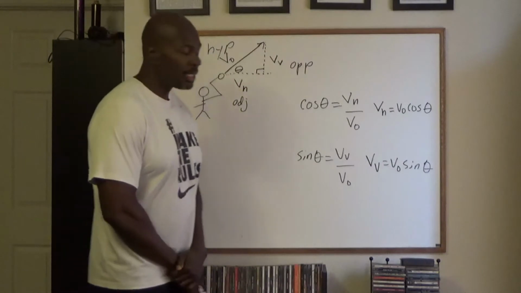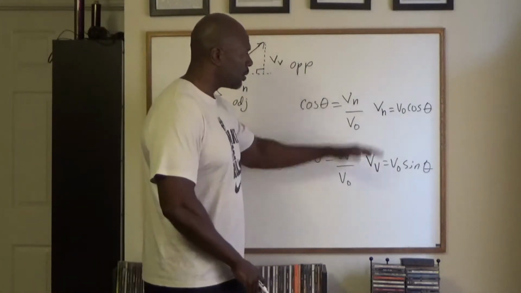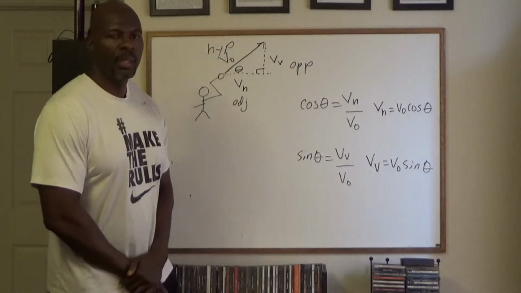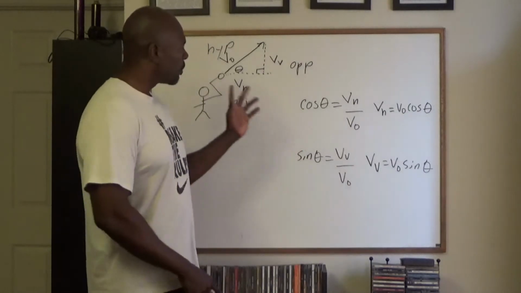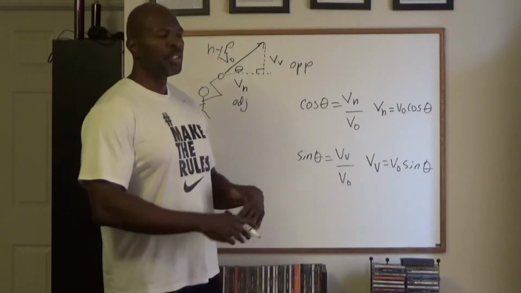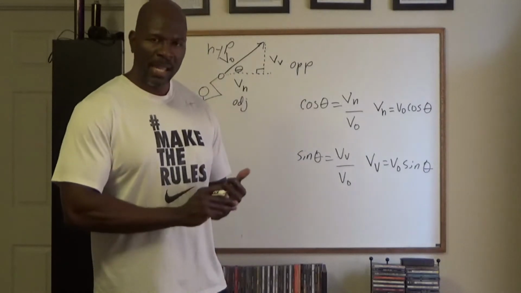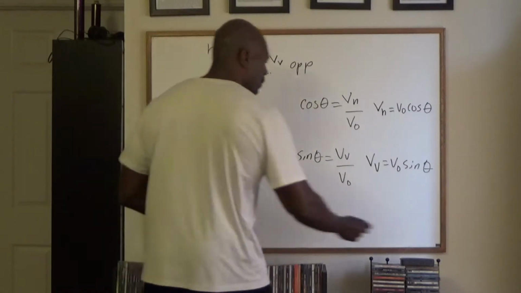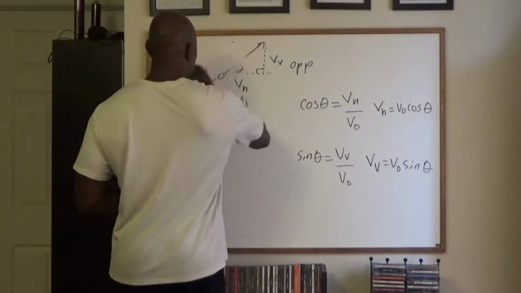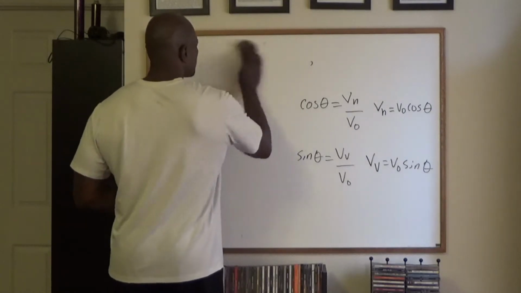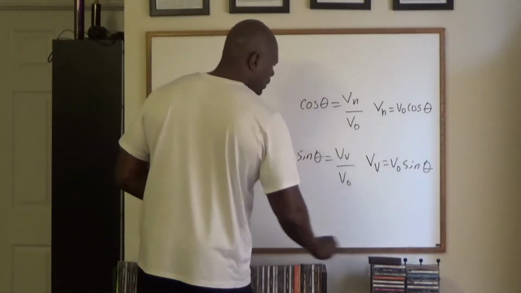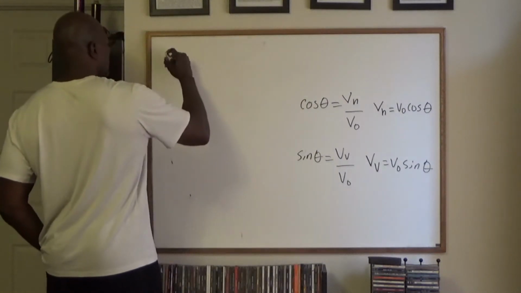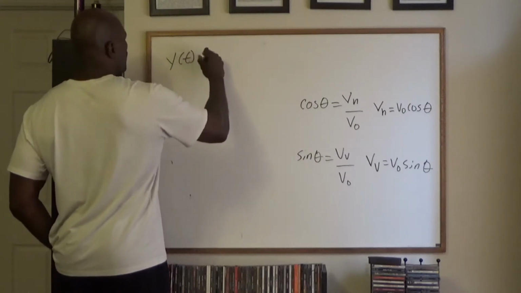All right, so we need to know these vertical and horizontal components of the velocity, because I'm going to write a parametric function, where the parameter is time, of two position functions: one giving the height at time t and one giving the length at time t, or the horizontal distance at time t. The function that finds the height I'll call y of t,